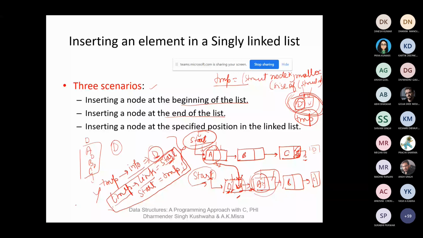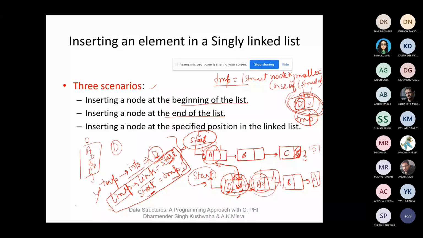So now we have assigned this first node address to the temp's link. Now this D node, when we have created it at the beginning of the list, will be pointed to by the first pointer, that is start. So now we can assign the value in the start pointer of this node. So this will be the scenario of how we can insert the element at the beginning of the list.